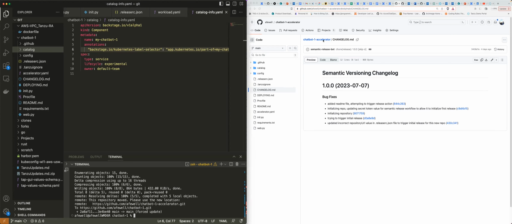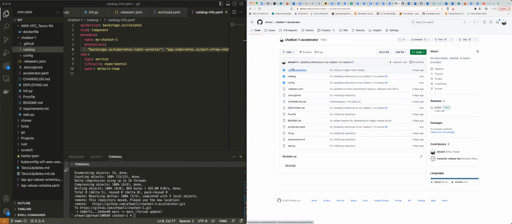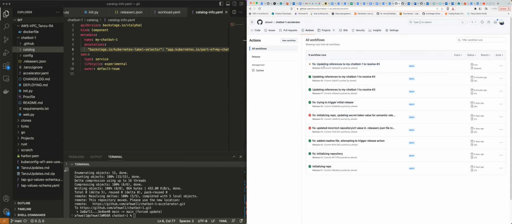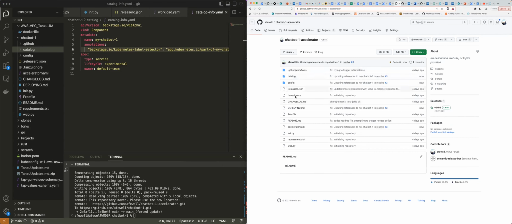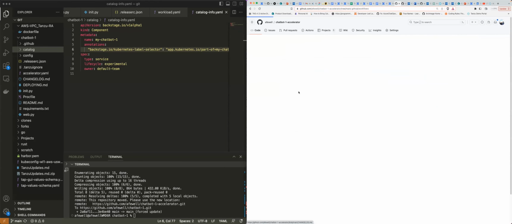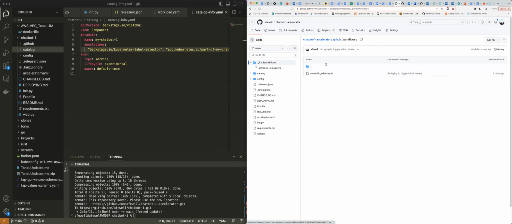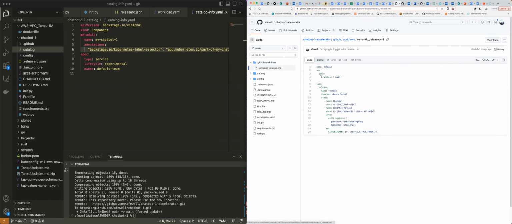Okay, so now if I come back into my accelerator here and I go to actions, you can see that that's running again. While that's running, it happens pretty quick, but I just want to show real quick there's 2 files that you need to get semantic release working like this for you. First, if you look at my GitHub workflow here, you can see this is a standard sort of out of the box GitHub workflow for this